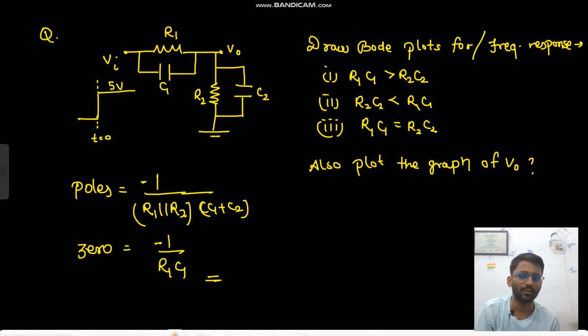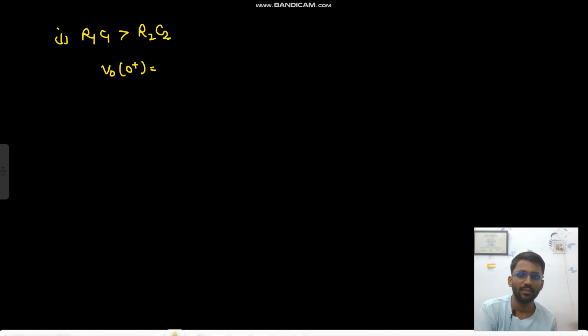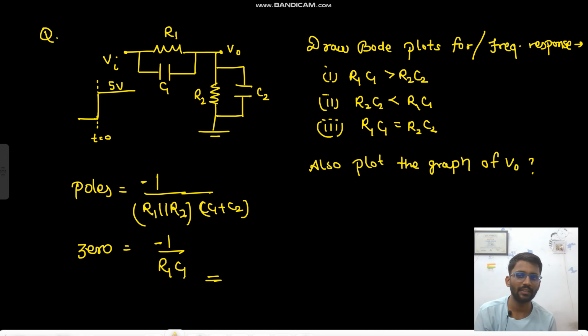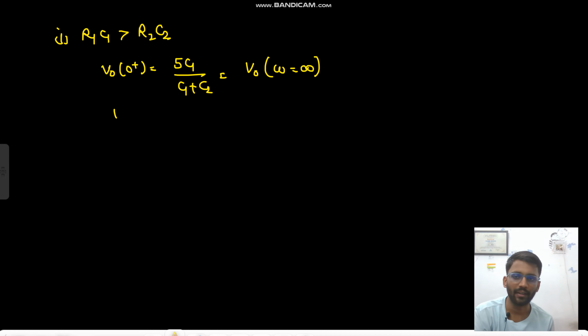So the capacitors will change their voltage instantly. Then your V0 will come 5 into C1 upon C1 plus C2. V0 at omega equals to infinity. At t equals to 0, we were having infinite frequency. Because of infinite frequency, this will be replaced by C1 and this will be replaced by C2. Then simply the voltage division, 5 into C1 upon C1 plus C2. Right? And what is the voltage at